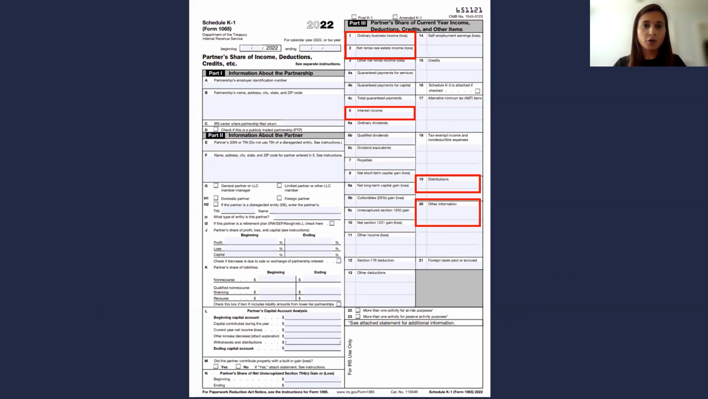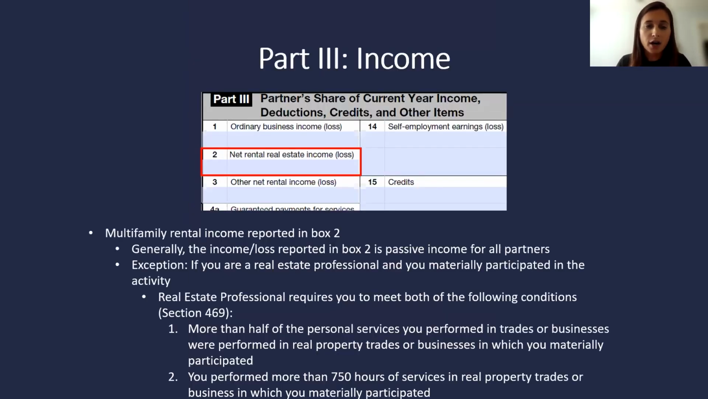Next, we're going to go through some various boxes in part 3. So let's start with income. So typically you're going to see the multifamily rental income reported in box 2. It's generally passive income for all partners. There are exceptions, and that is if you are a real estate professional and you materially